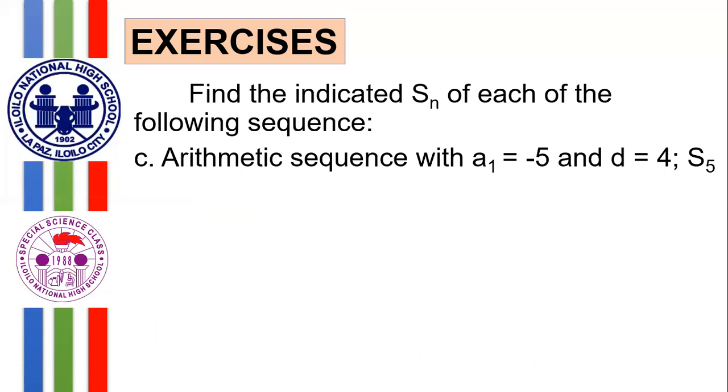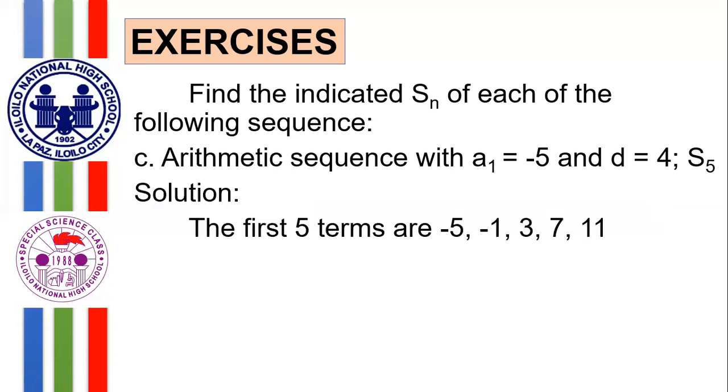We have to be very careful again. If I say a sub 5, I'm referring to the fifth term. But if I say S sub 5, I'm referring to the sum of the first 5 terms. So be very careful about it. Now, from here, we could see that